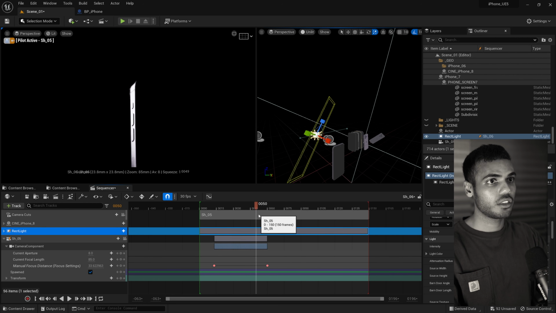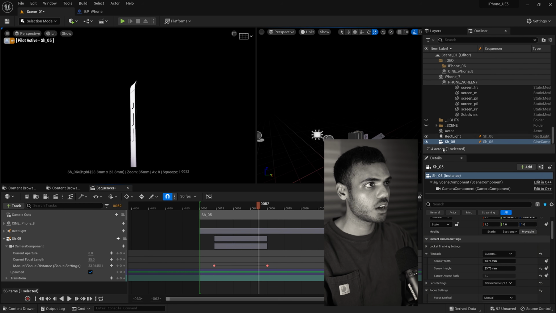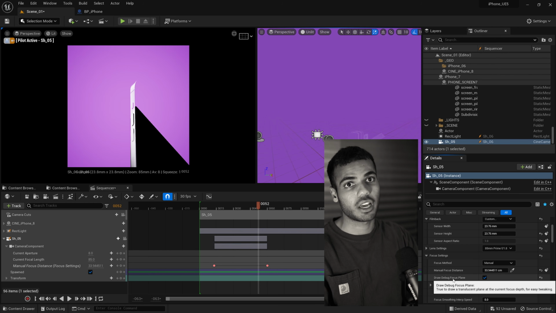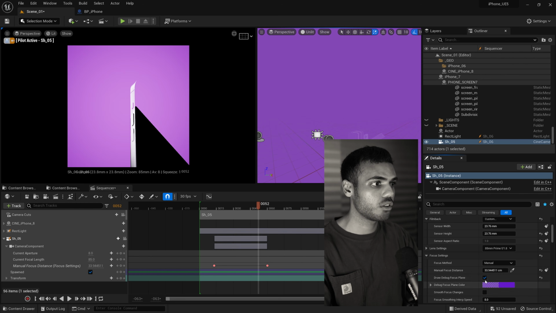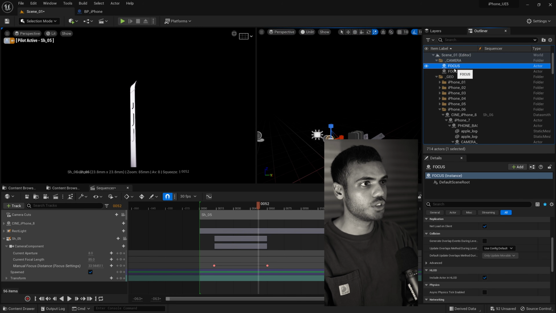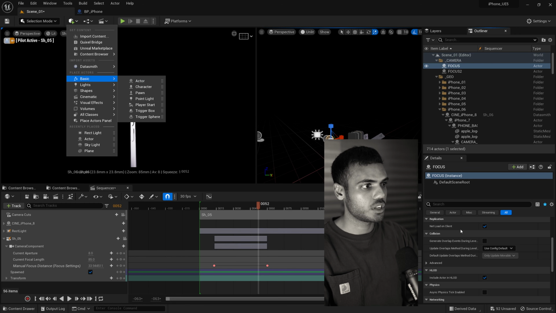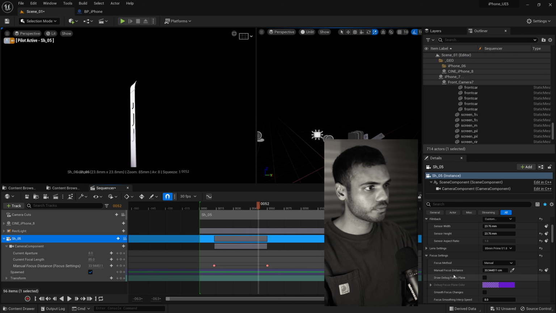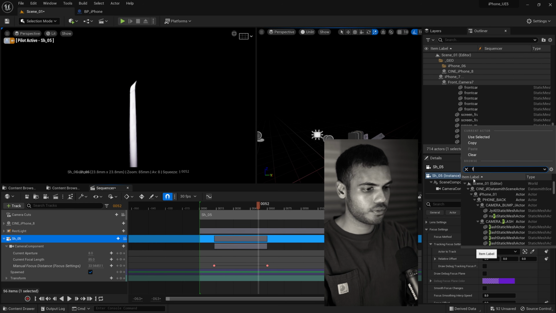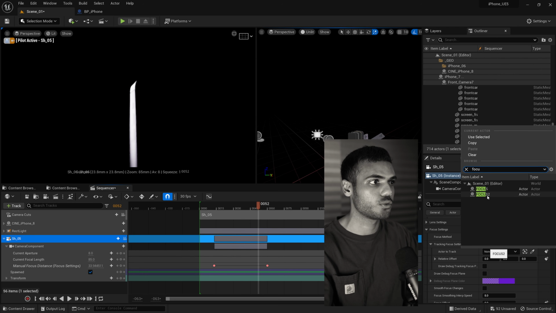And another thing, if you haven't done too much camera work before, you can click your camera here in the sequencer and it'll show up in the outliner with all the settings, and you can get the focus plane to get an exact pinpoint area as well, or you can track an actor, which is essentially like a null object as well. So you can just go basic actor and position it, and then in your camera just go to track and then focus and then select a null. If you want to track a moving object or target, this is really useful for that.